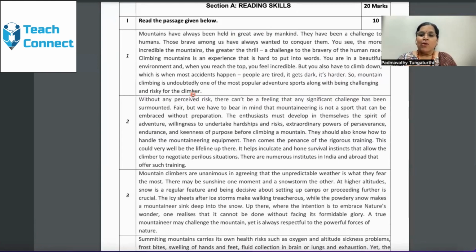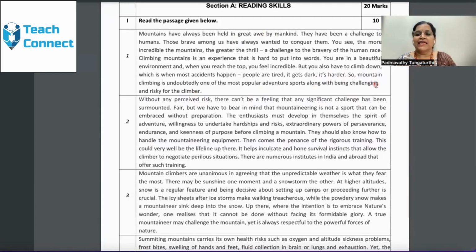Next, mountain climbing is a popular adventure. That means they would be talking about how a climber has taken effort to go onto the mountain, and this is an adventure sport.